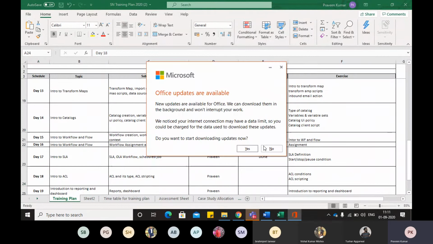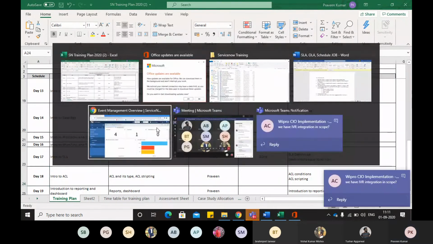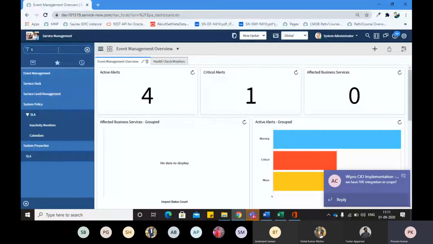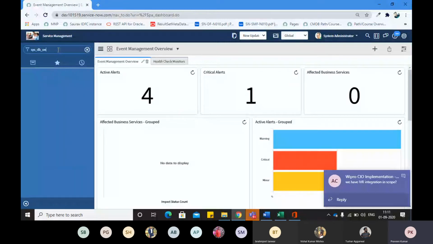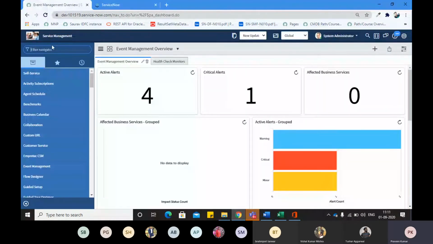Now, for example, I am going to create a table.